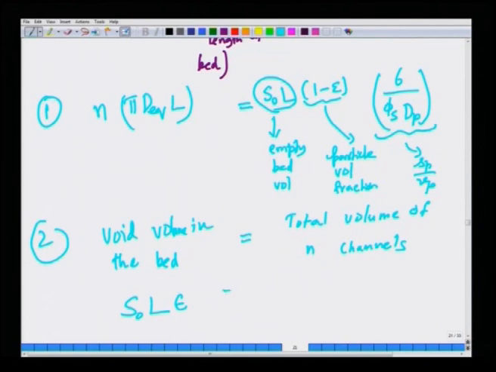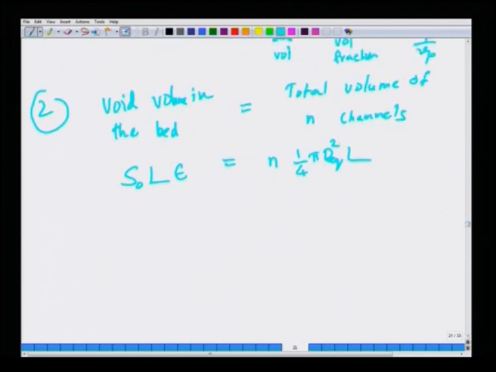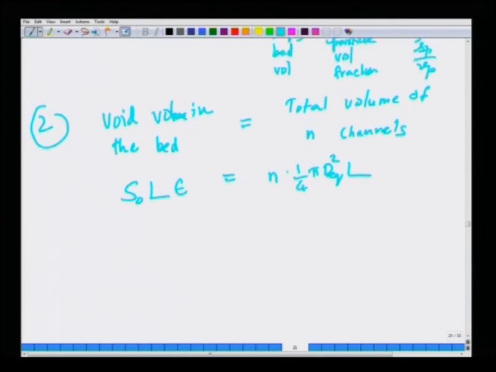Okay. This is equal to n times pi D squared by 4 times L. This is the cross section area of a single tube times its length times the number of such tubes. Okay. So, by equating these, D equivalent becomes therefore 2 by 3 phi s